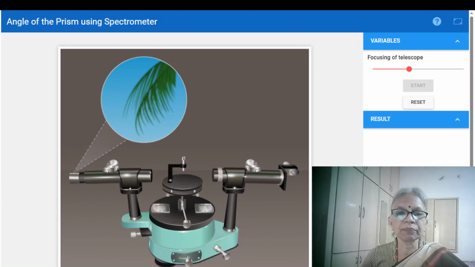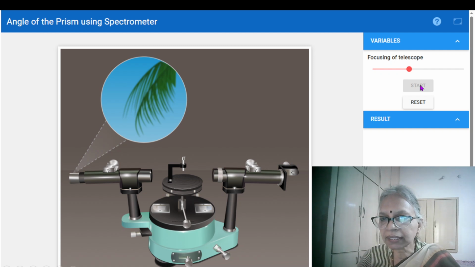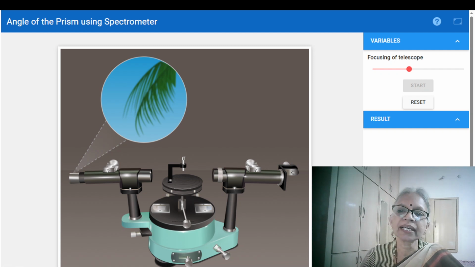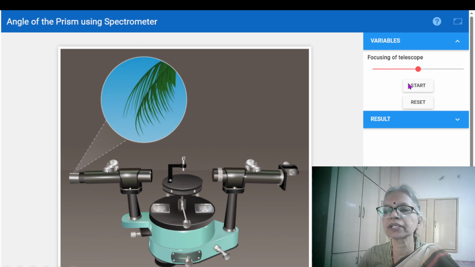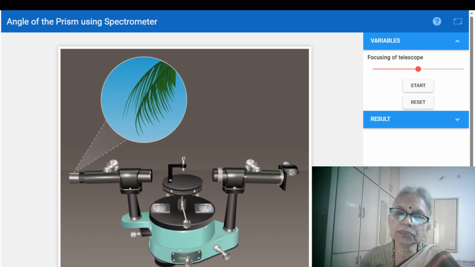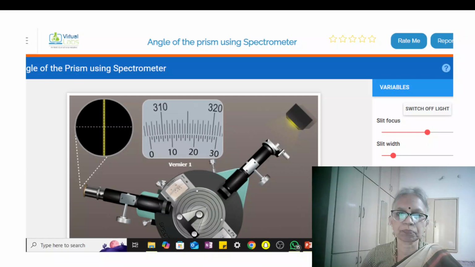You think it is good image, but it is not good because you can see that the start button for the simulation is not yet activated until the focus is properly done. Now this is a better position, a better focus, and therefore the start button is activated. So first focus it to a distant object, adjust the telescope.